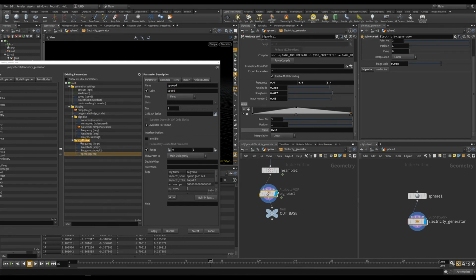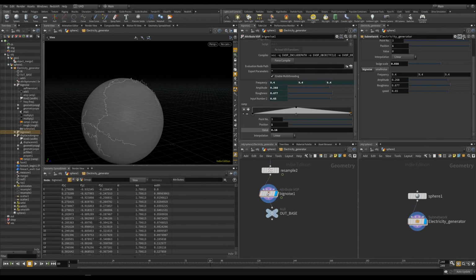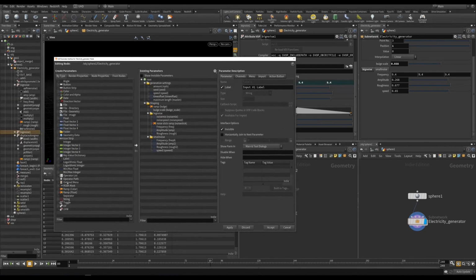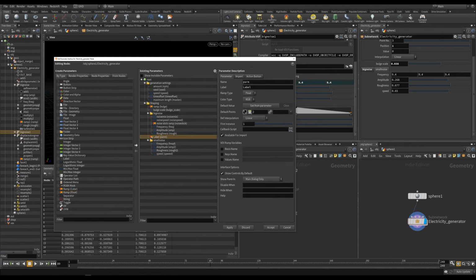The ramp. Why doesn't it want to? That's weird. Okay, that's very weird. All right, let's just get a ramp in here and then just link it up, I guess. Let's just put it like that, and then